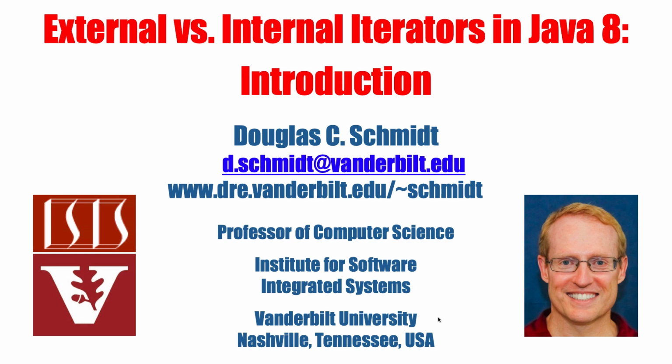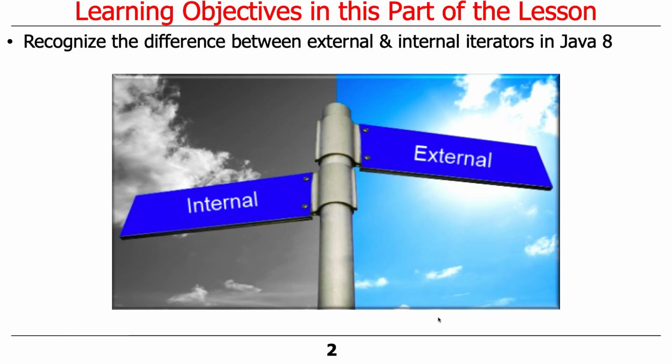We're now going to change focus a little bit and talk about some of the internal mechanisms of Java streams. I'm not going to give you a detailed view of how it works at this point. We'll talk about how it works later. I'm just going to give you an overview of how it differs from other things that you may be familiar with. So we're going to talk about the differences between external and internal iterators in Java 8 and